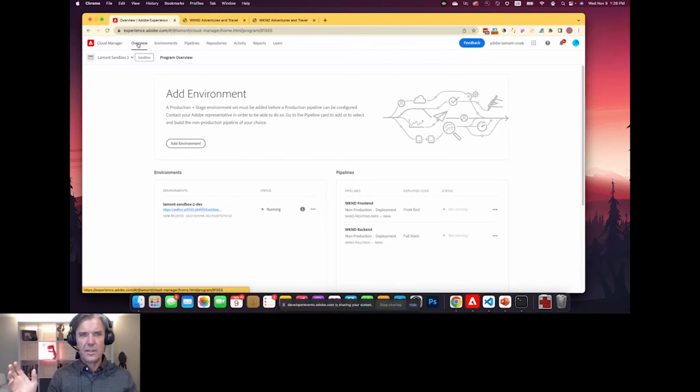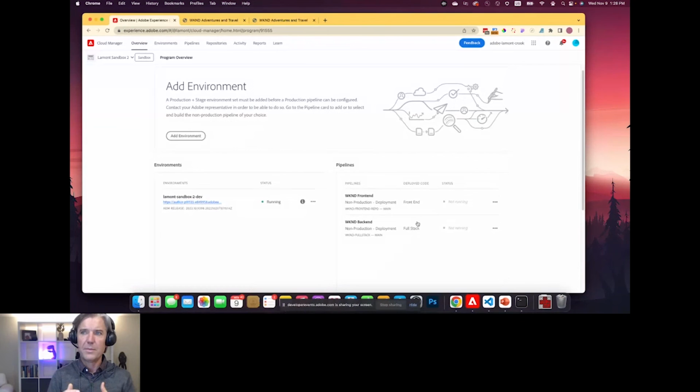That's the same thing as a program. And then environments are, like I said, dev, stage, production inside of that. And then you'll notice over here my different pipelines. So I could go ahead and run that front end pipeline or that back end pipeline.